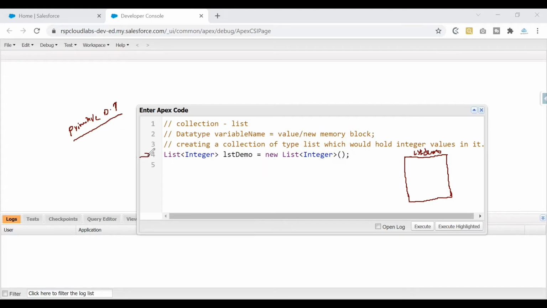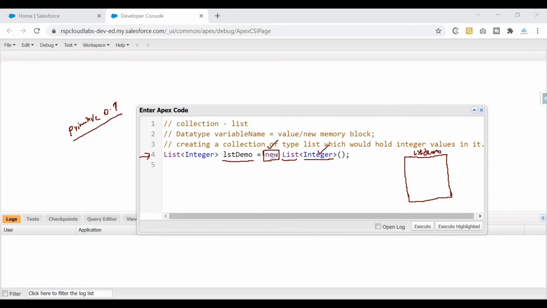To summarize what exactly we have done on line number 4, we have asked the system to create a memory block with name LSTDemo. And what kind of a memory block have we asked the system to create? We have asked the system to create a collection of type list, and the items that are going inside are of type integer. So you would use this new keyword for the user-defined data types to tell the system to go ahead and create a memory block of this kind.